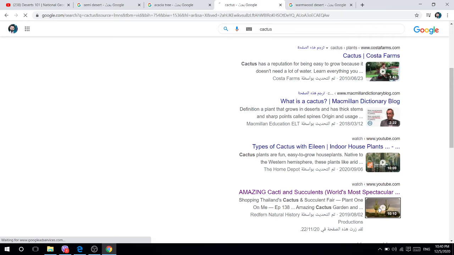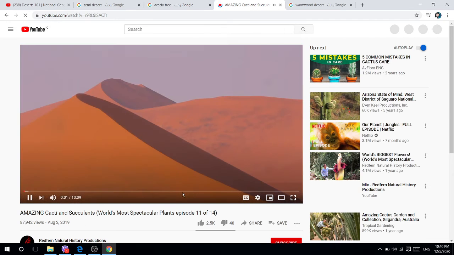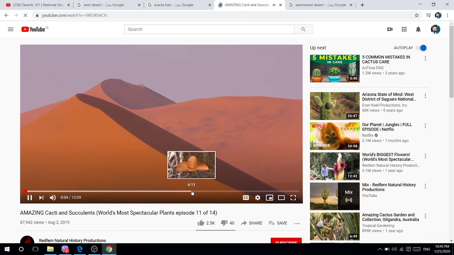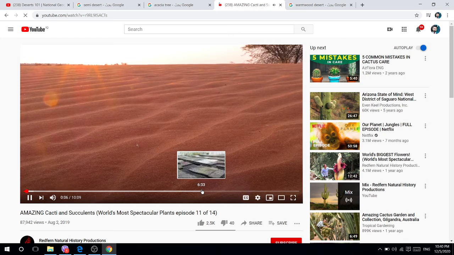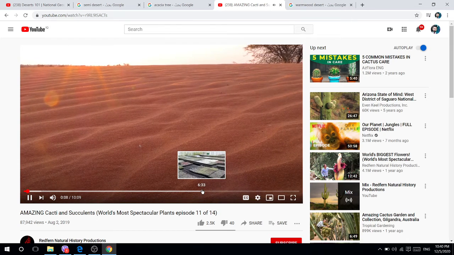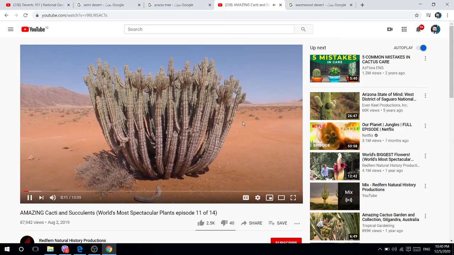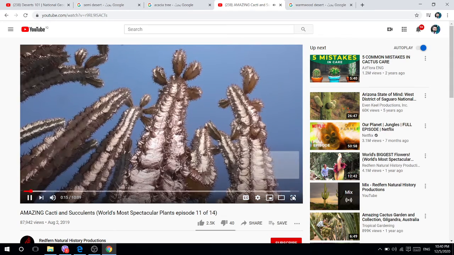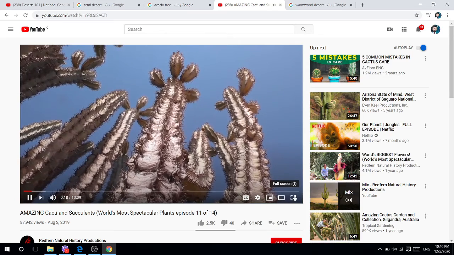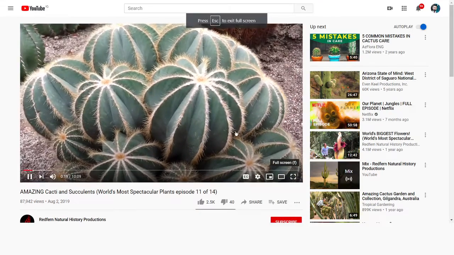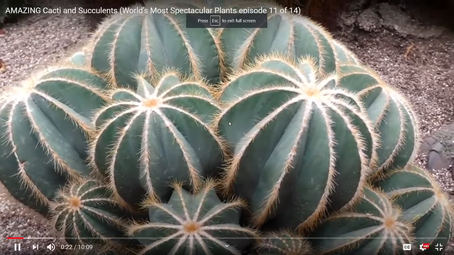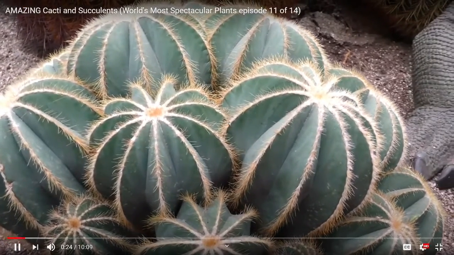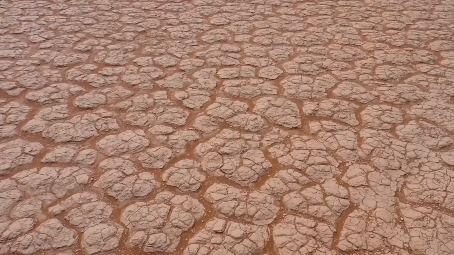This is cactus. Look at this. You will understand what is the cactus. The driest corners of the world may sometimes seem devoid of life and empty, but the world's deserts are far from deserted. Even the driest places on Earth can harbour plant life that is highly evolved and incredibly adapted to survive extreme drought. These plants, the world's cacti and succulents, are masters of survival and can flourish where other plants cannot hope to